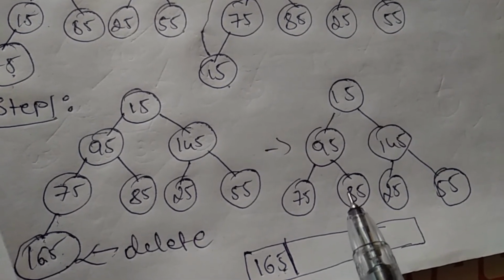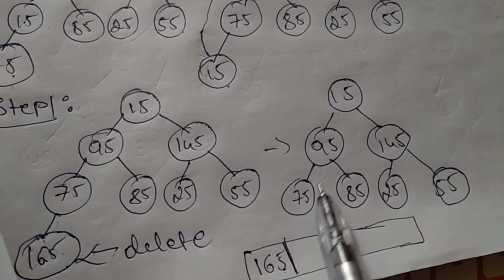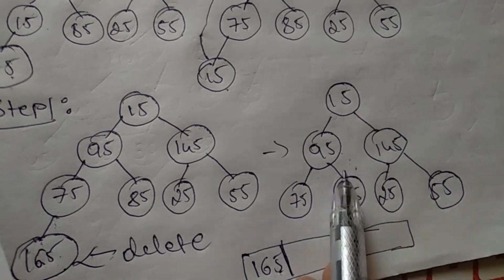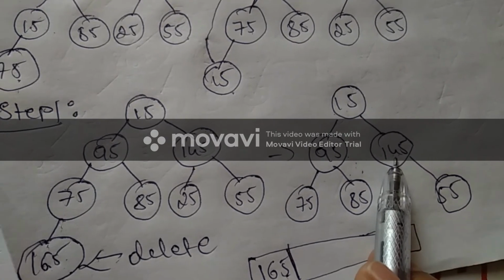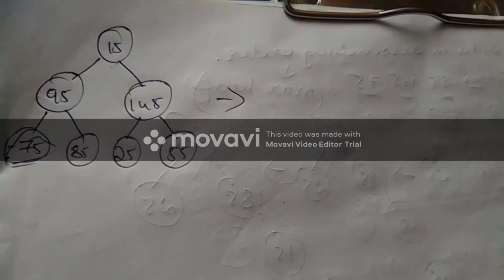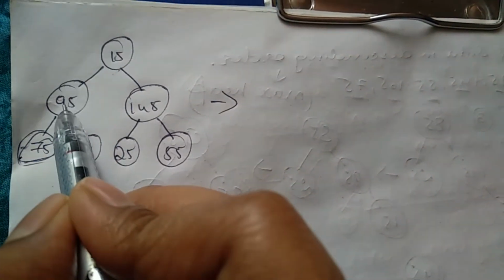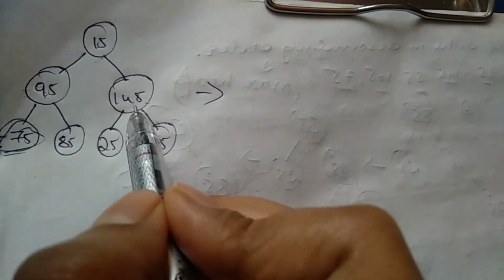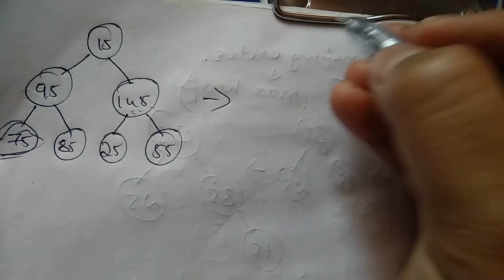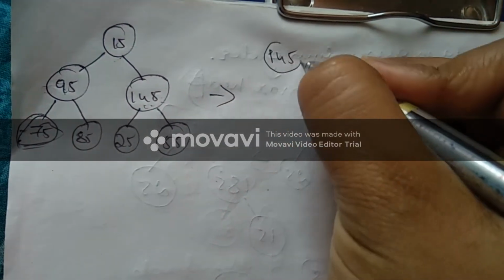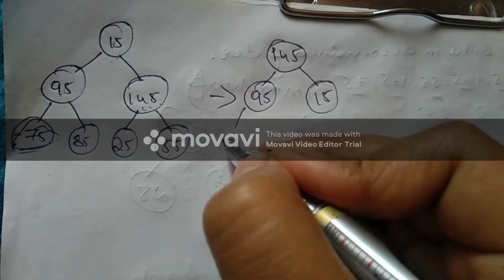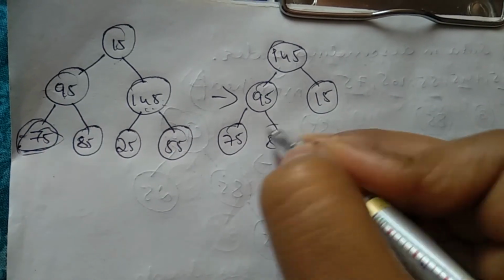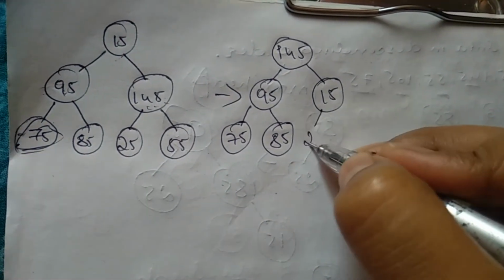Next what you have to do? You have to just heapify it, because it is not satisfying the parental dominance. See, in the root node 15 is there, but here 145 is larger than 15. So just apply the heapify technique. Among 95 and 145, which is greater? 145 is greater. So exchange 145 and 15. So I'll do 145, this 95 and 15. In the left part, there is no problem, because I am making changes only in the right part.